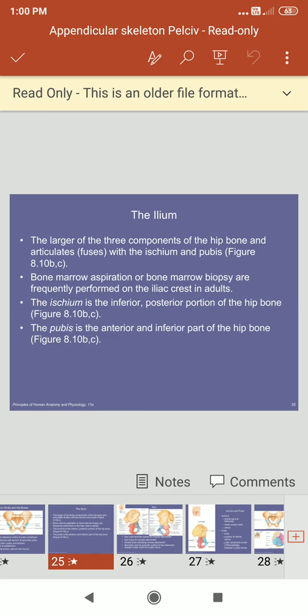The purpose of this pelvic girdle: basically, the strong and rigid pelvis is adapted to serve a number of roles in the human body. The main function is the transfer of weight from the upper axial skeleton to the lower appendicular components of the skeleton, especially during movement.